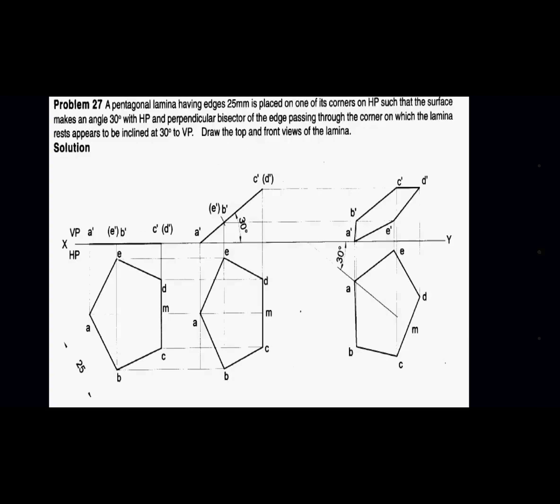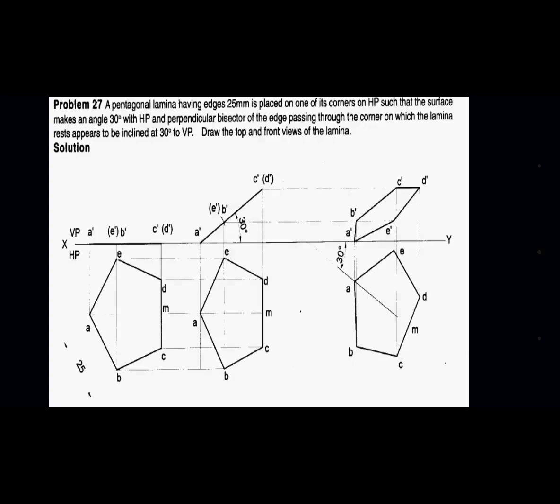So that is problem number 27. I'll just read this statement and go ahead. It's similar to yesterday's problem. So what is the difference you find between yesterday's pentagonal problem and this problem number 27?